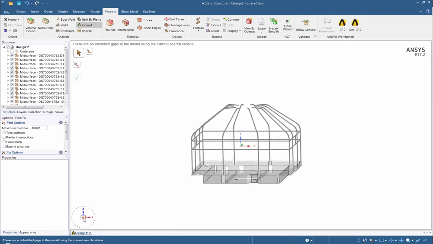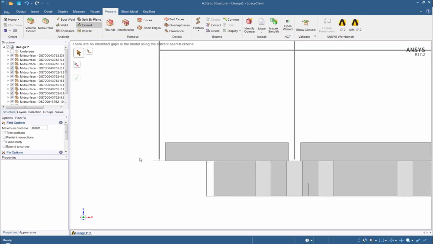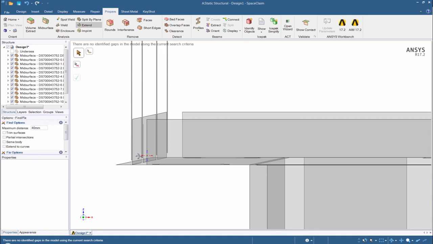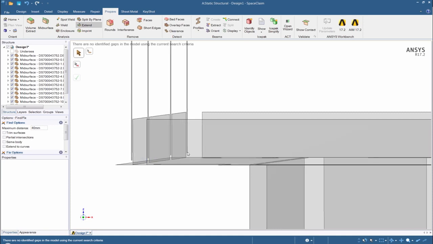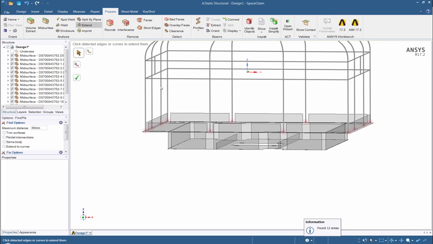But by bringing these back, I want to make sure that we don't get left with this gap in here that is going to cause problems. Now you see there are some gaps. These beams don't dive down into the shells like I want them to, so we can simply run the extend tool again and look what it finds. It finds all the 12 areas where that's a problem, and